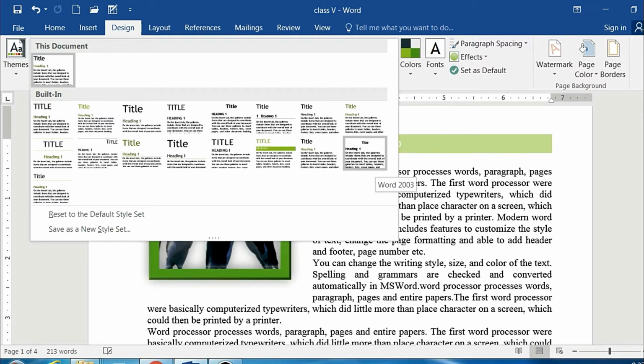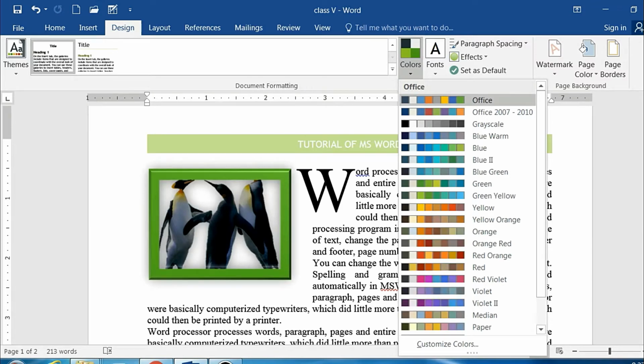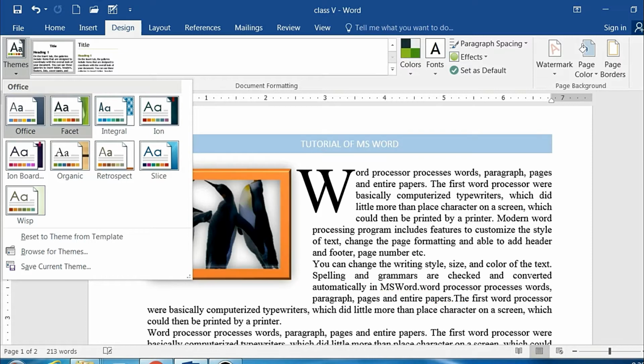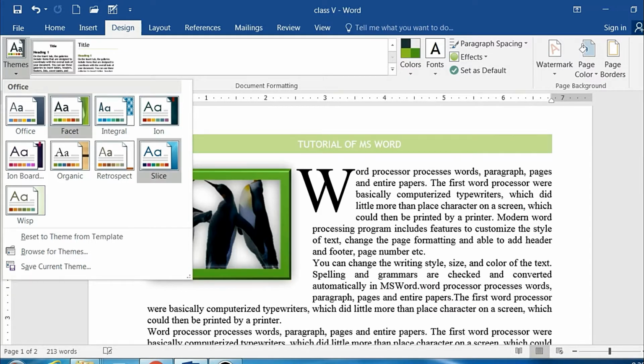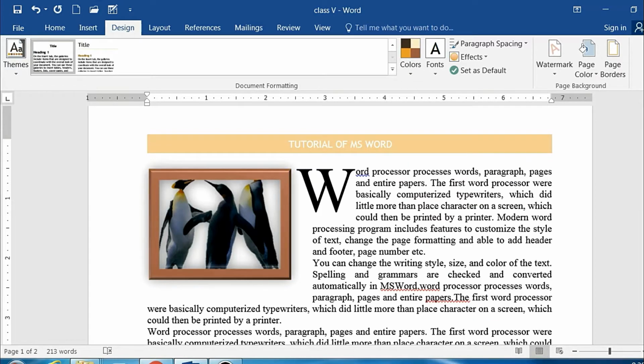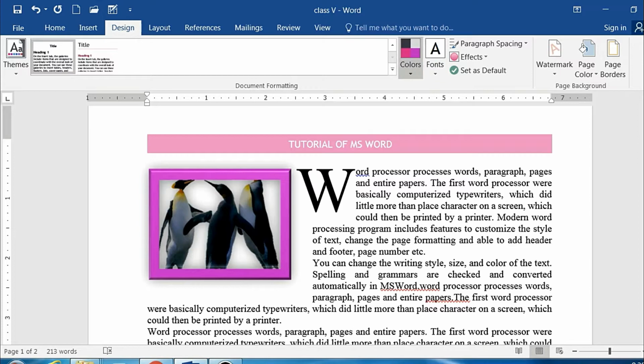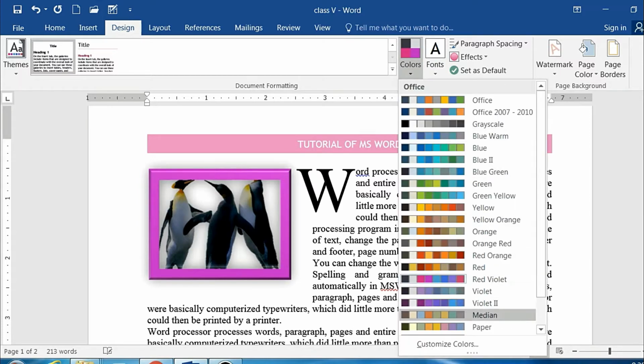Next one is talking about the color. I told you there are some Office colors in the theme. When we select this, we have some theme combinations. So you can change the theme combination like this. You can select any theme combination. For more theme color combinations, you can select this one. You can observe what changes are going ahead. These combinations will get reflected here.